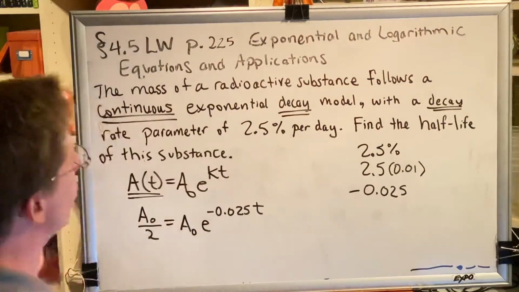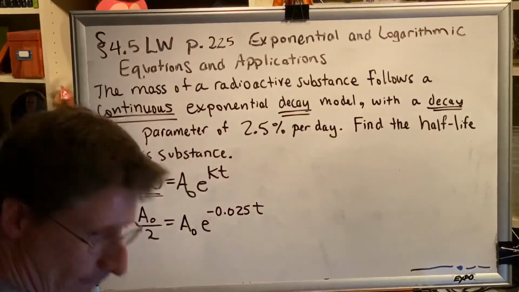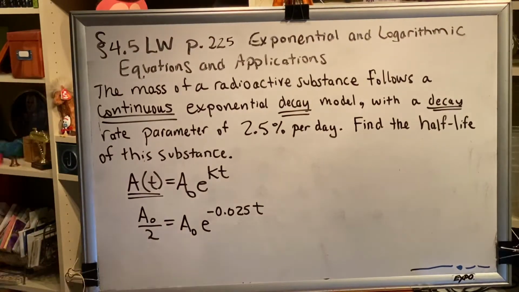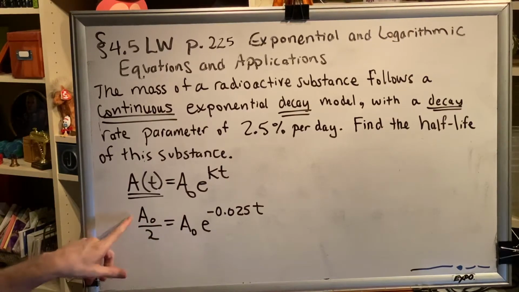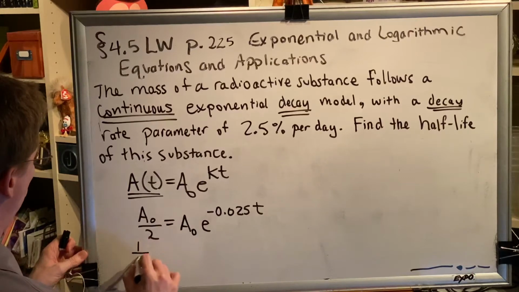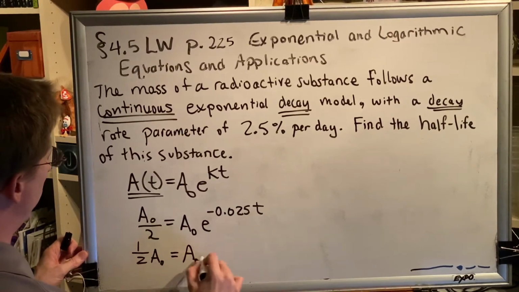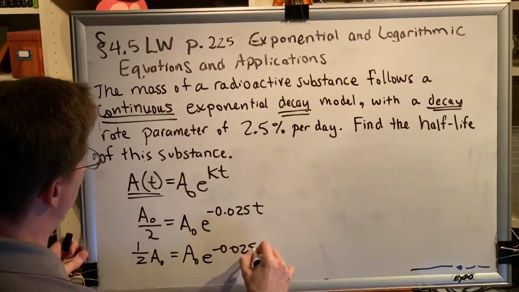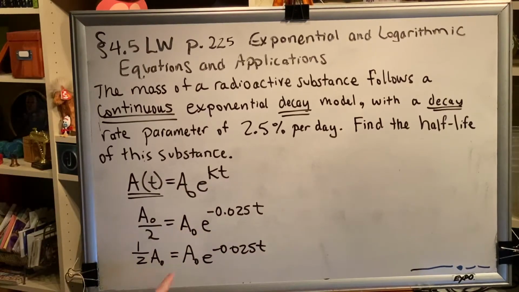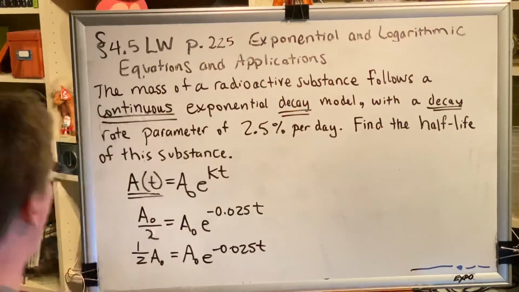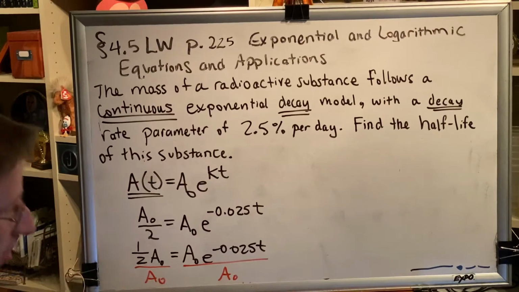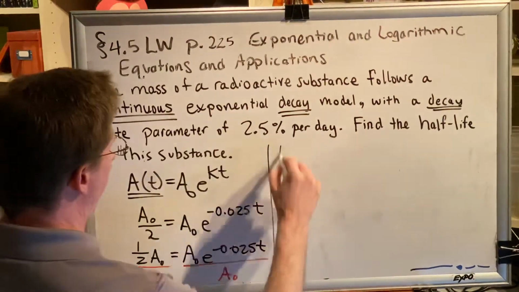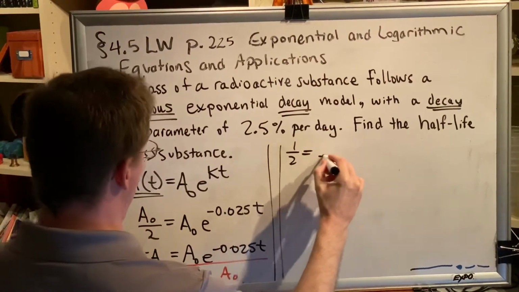Okay, so now we're going to go ahead and solve this problem. The first thing we're going to do here is to recognize that both sides of our equation have this A naught thing. And A naught divided by 2 is the same thing as 1/2 A naught. So, as we now attempt to solve this for t, we recognize that we have a multiplying value in front of our base, and we have to get rid of it. So we're going to divide both sides by A naught. When we do, the A naughts cancel on both sides of the equation, and we're left with 1/2 equals e to the negative